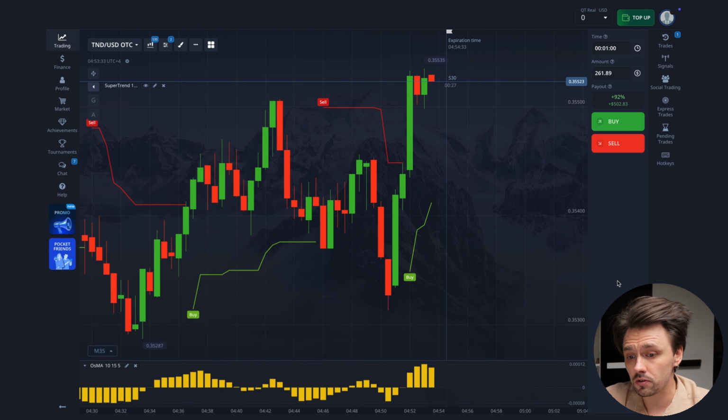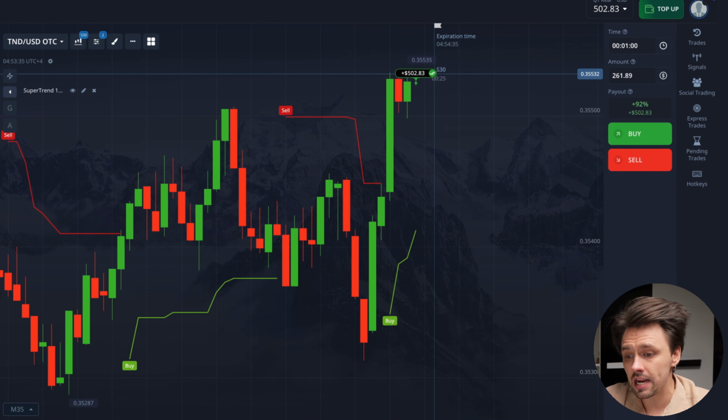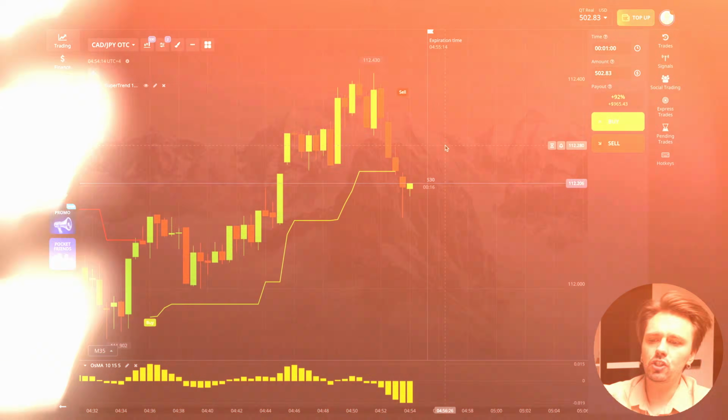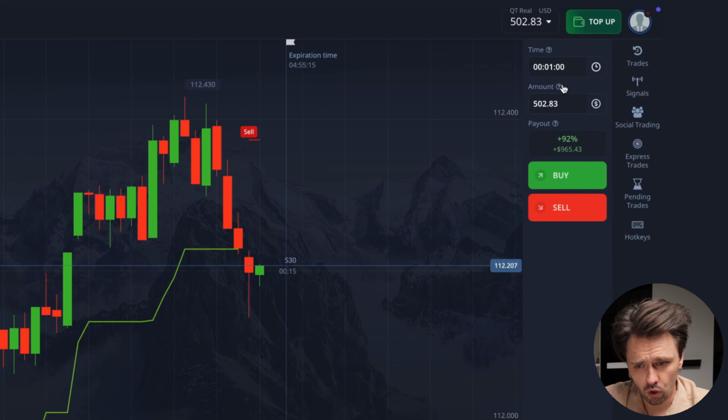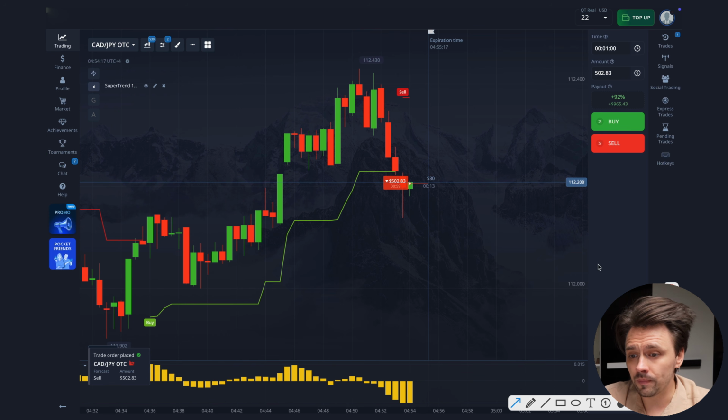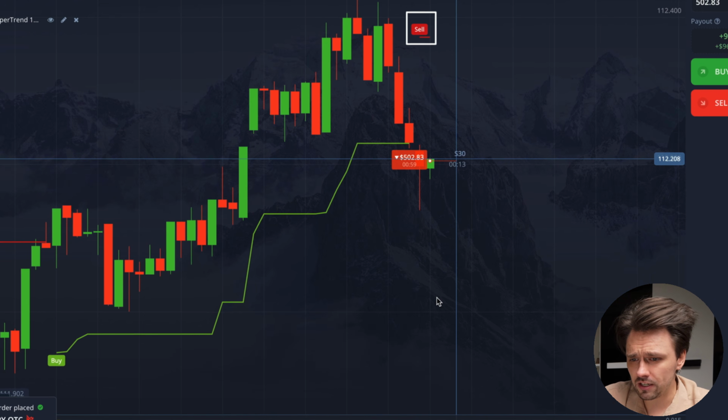So we're waiting for the trade to close, and it brings me $502. Quite original, right? The next trade is no less interesting. Watch, I'm opening a trade to the downside for $502. The green Super Trend held the rise for a long time, but at the moment of entry, a red